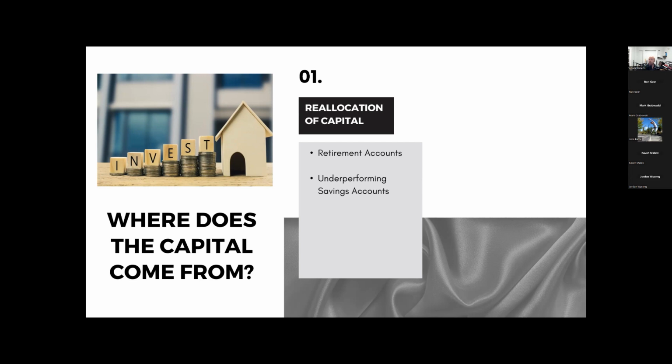That happens to be extremely popular, by the way. I'd say about 30 to 40% of my investors in the apartment world utilize a retirement account. So it's very popular.